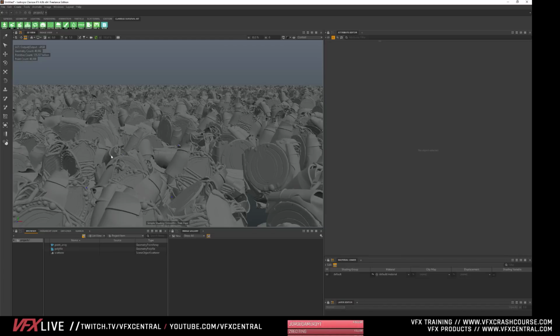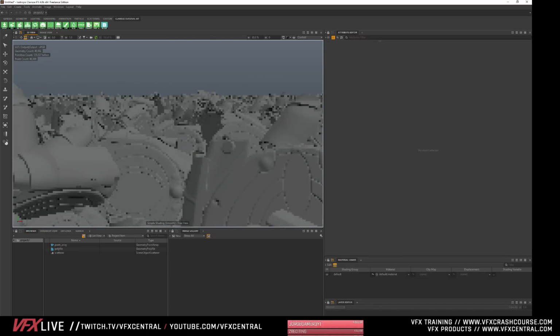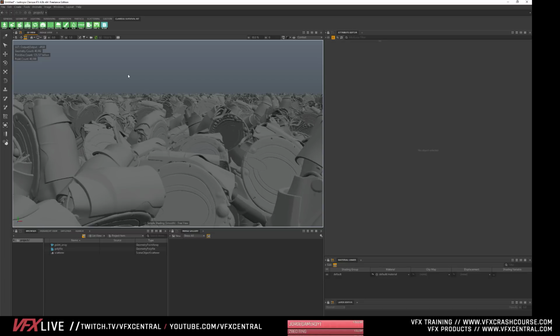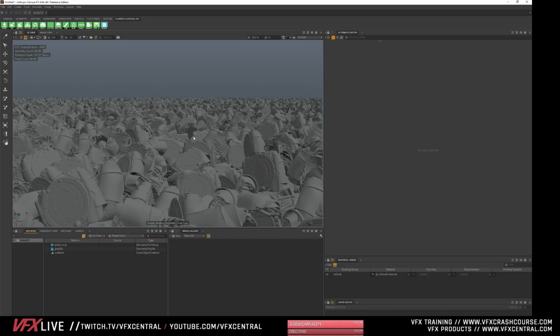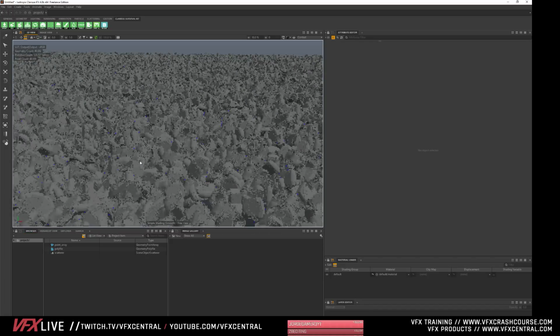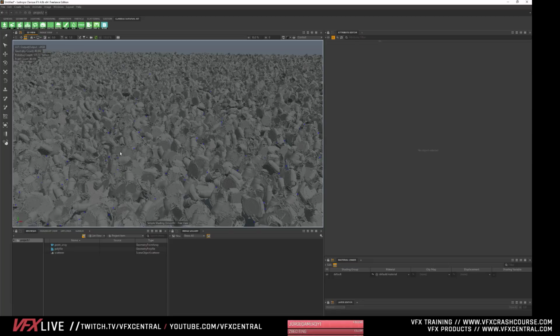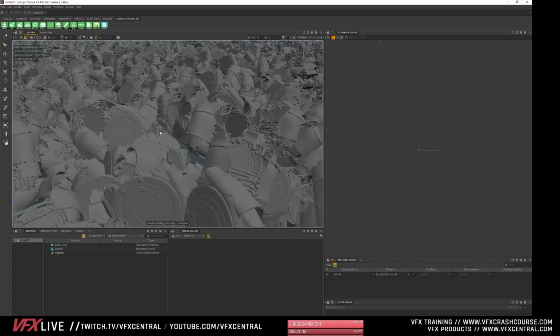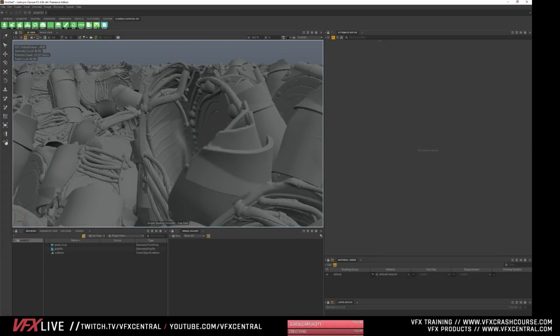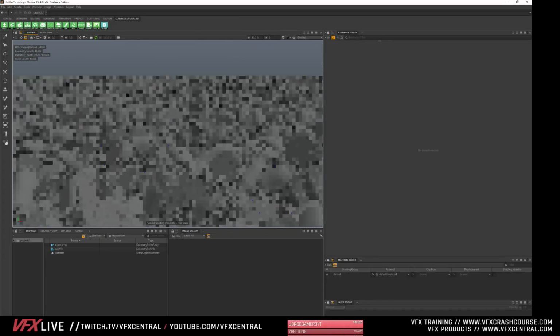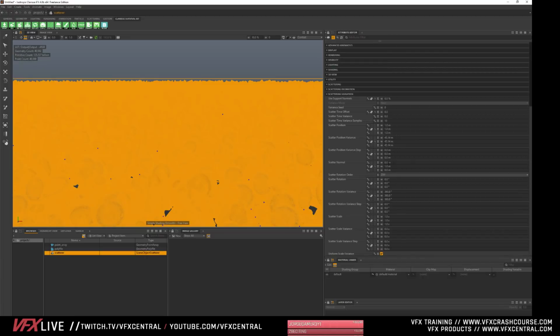Boom. So look how many, we have this like graveyard of these things in here. And it's no problem for this thing. It's just running fine. So this is how you get those huge scenes. And again, this is a super high poly object. And I'm able to move around in here like no issue. Pretty incredible stuff.